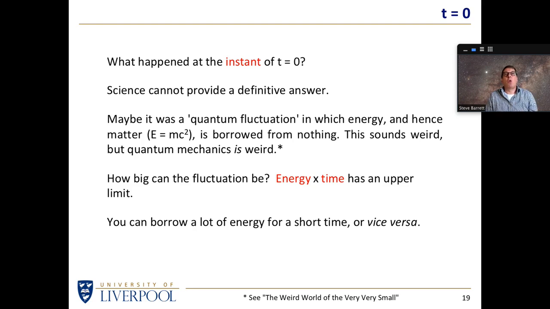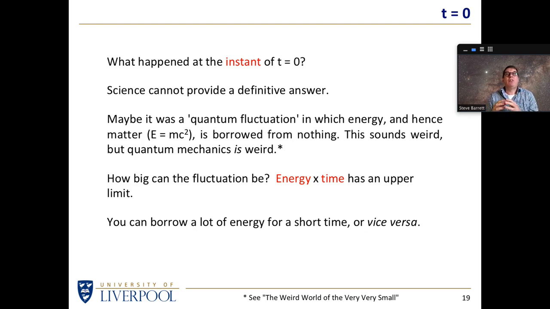If you were to borrow £1 from the bank, the interest wouldn't be very high, and you wouldn't be too fussed about paying it back very slowly over a long period of time. But if you borrowed £1 million from the bank, then of course the interest would be quite substantial, and there would be an impetus for you to pay that back as quickly as possible.